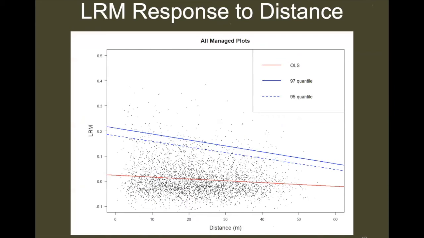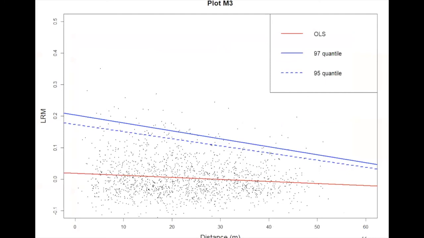Next slide. So then we wanted to look at genetic relatedness over distance, and we have